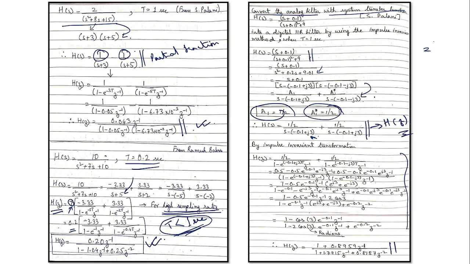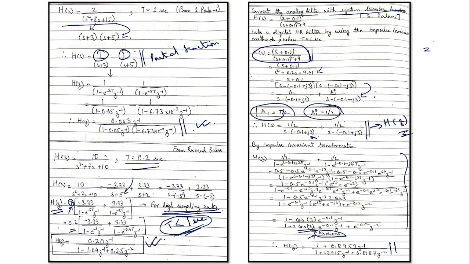And herein, please keep in mind, while you are solving this equation, please check that your calculator is in the radians mode. Many students make mistakes over here. Okay, they keep the calculator in the degree mode, and you will be getting a wrong answer. Okay. Another important thing, if you see this equation,